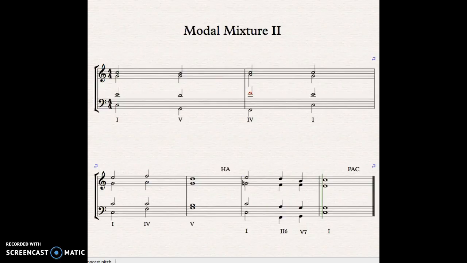So again, a reminder, modal mixture is when you incorporate tones from the parallel mode. If you're in major, you incorporate from parallel minor. If you're in minor, you could incorporate from the parallel major. So in this case, we're still looking at the more common use of the parallel minor within the context of